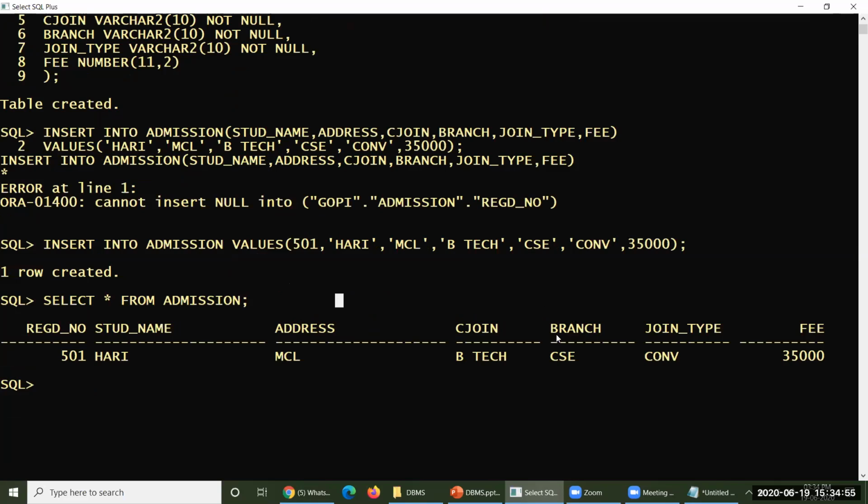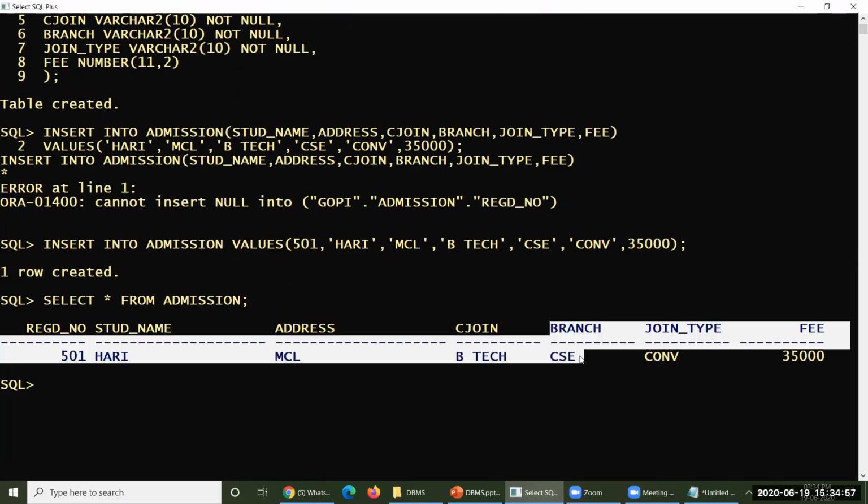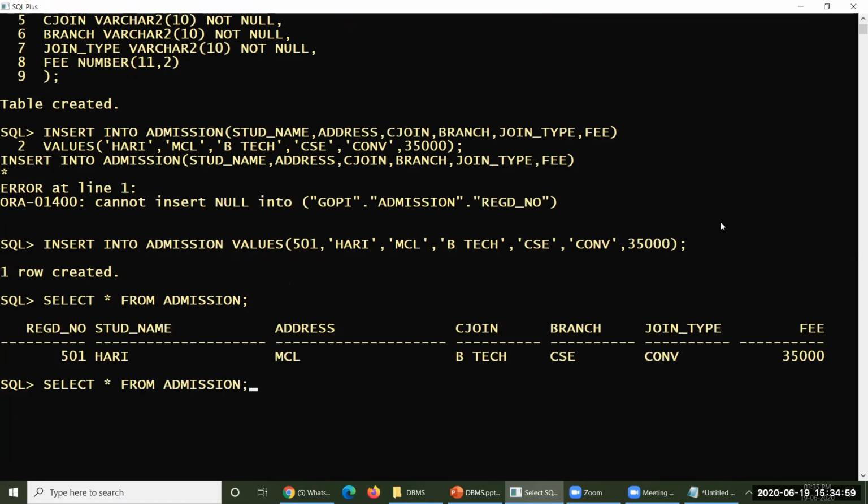Now my question is, hope that you got the point. Let me introduce one more fellow's information: the number will be 123, the name will be Guru. So Macharla only, he is taking BTech only, but he has taken aeronautical engineering.